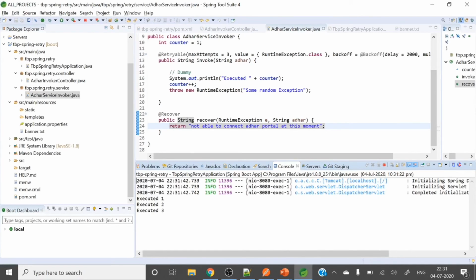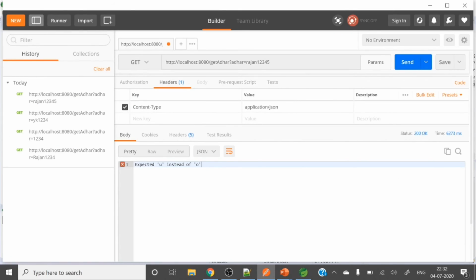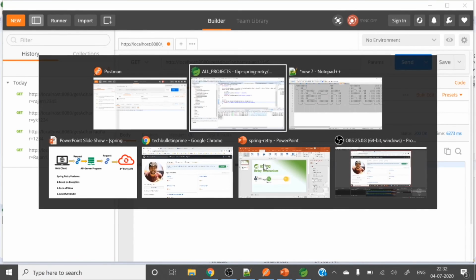Let's see the time gap, executed 3. Then is it throwing exception? No, right? So it will come to this method and it will return this string. So let's go to our Postman and we'll see. So it's coming as a JSON. So let me convert it into text. So not able to connect to other portal at this moment, right? So this is that whole application.